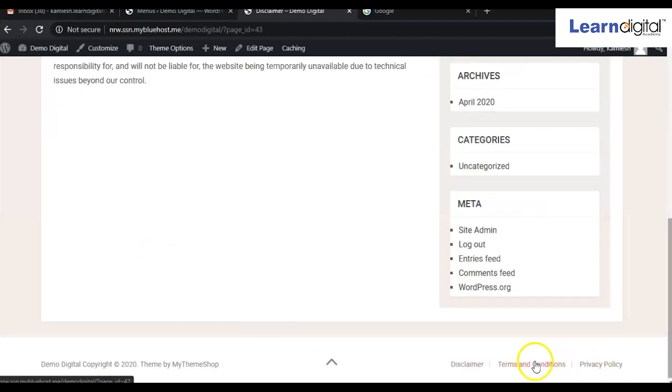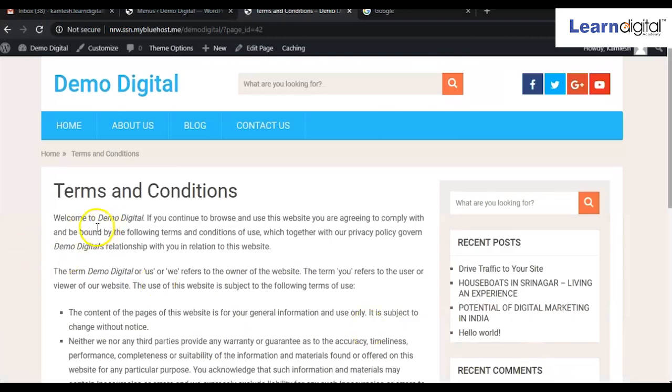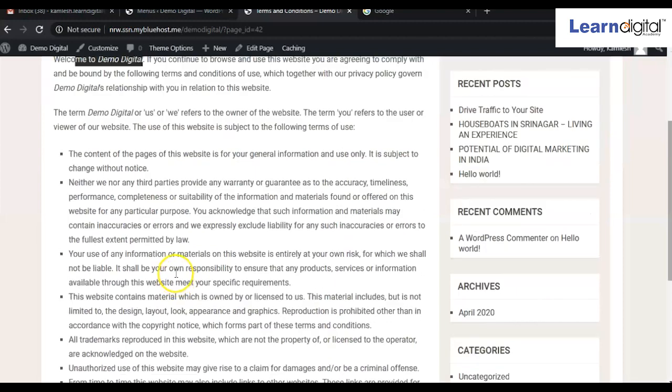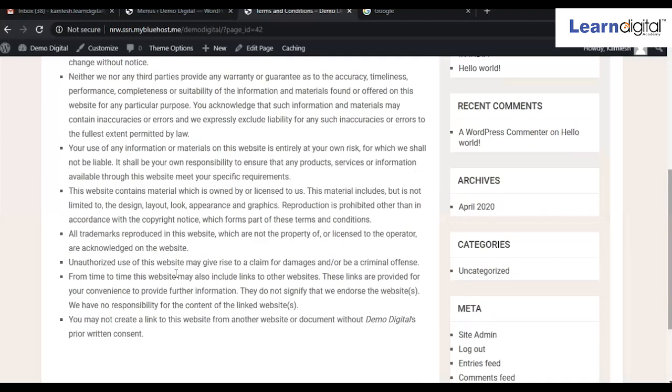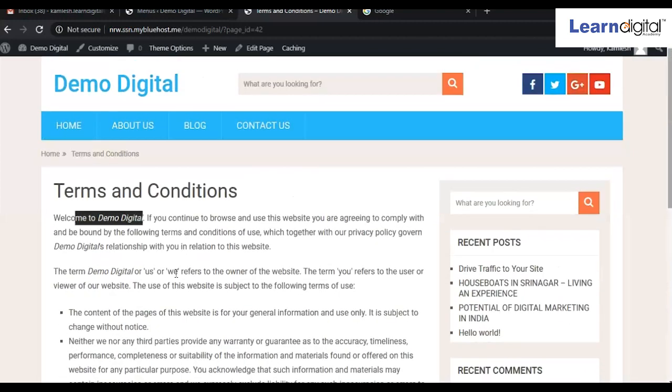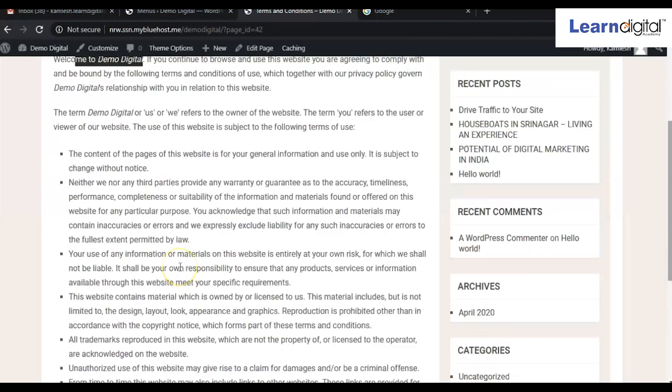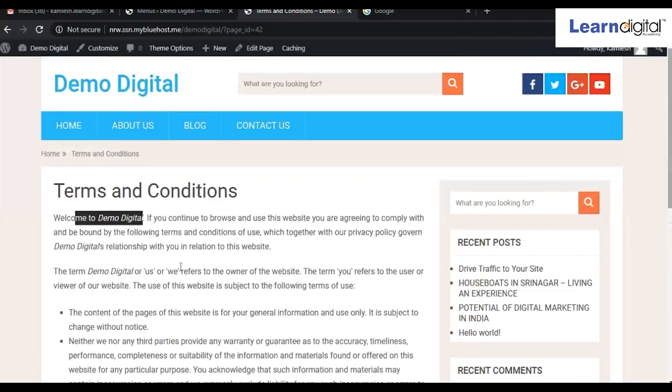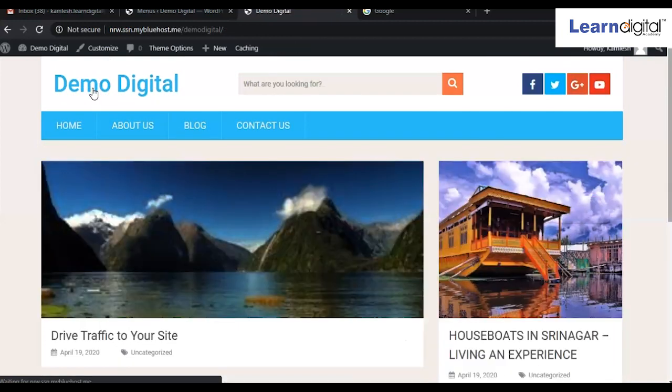Again, if you want to see terms and condition, the same thing we can see over here, like welcome to demo digital, right? And this is the content. So accordingly you can add those pages into your website as well. So now click on this demo digital.